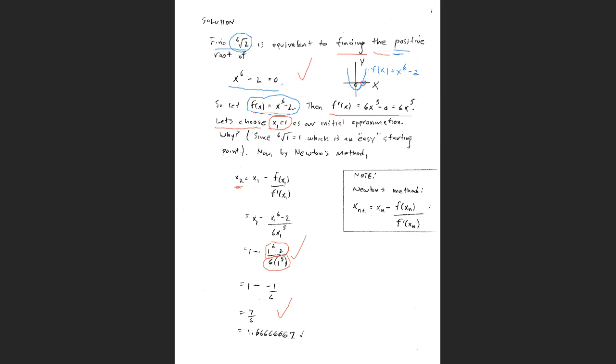But usually, when you're trying to find roots of functions, you choose starting x values where the roots are nice values. Let me give an example here. Suppose that,